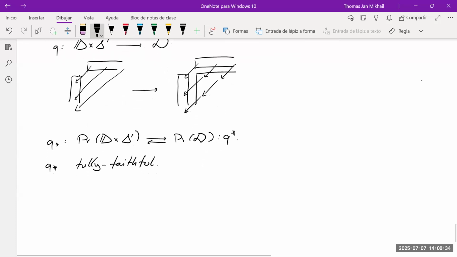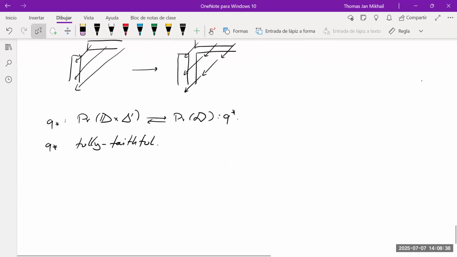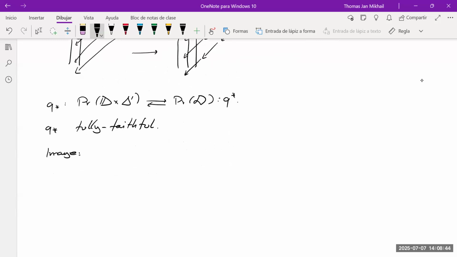So our first goal is to describe the image. So if we start with a map of some different spaces in here, then the image is going to be a curly D